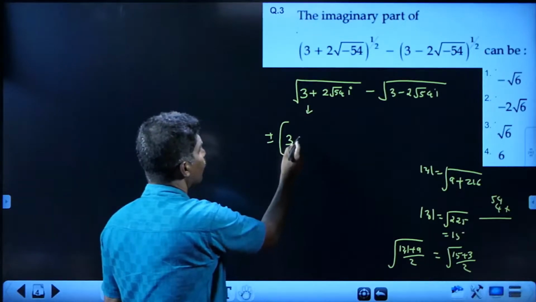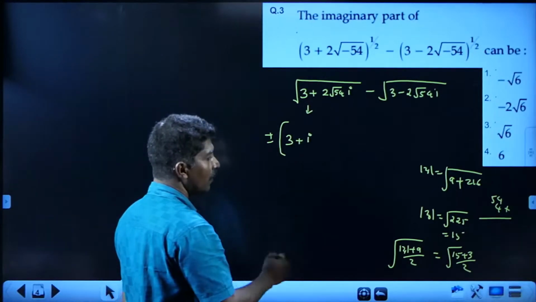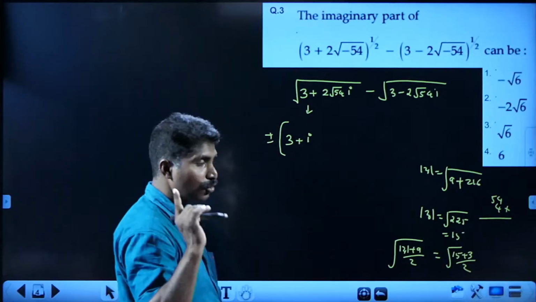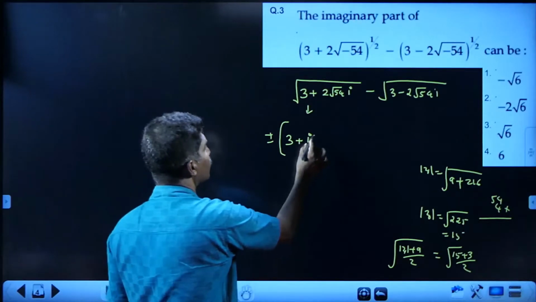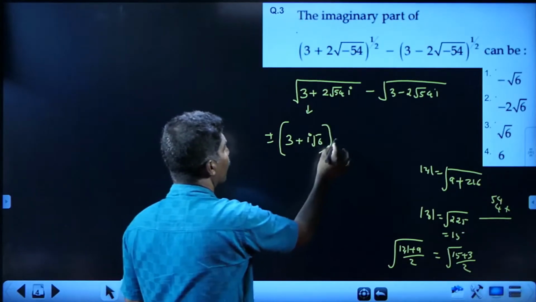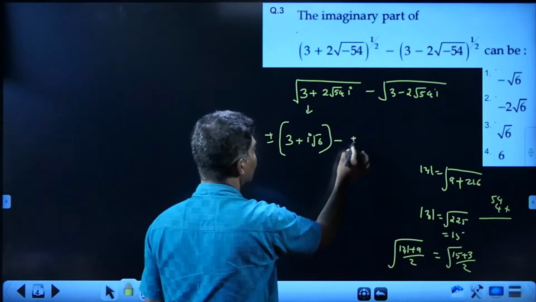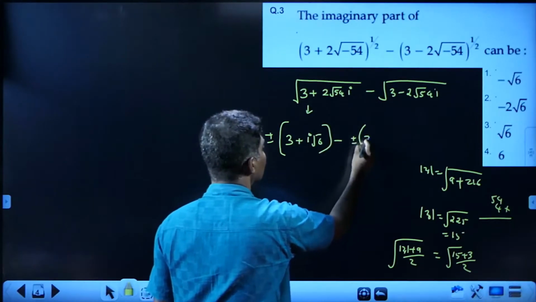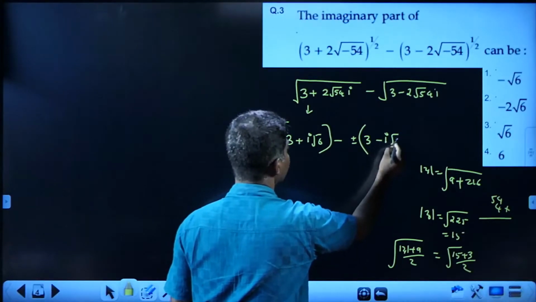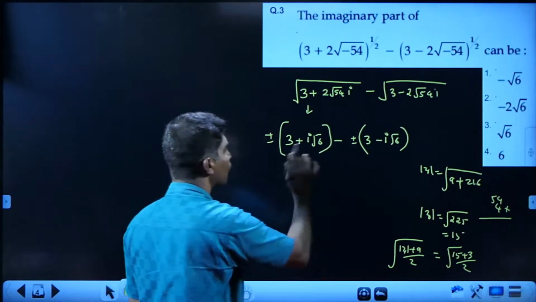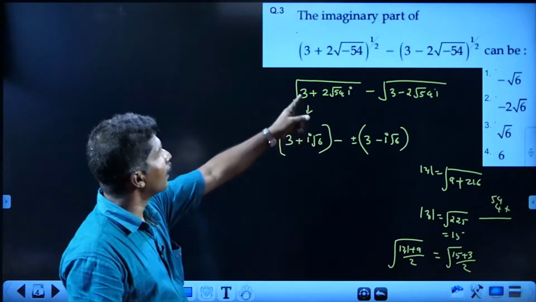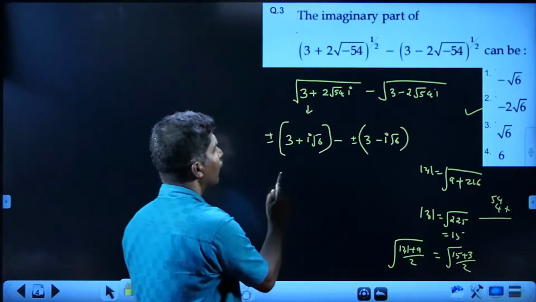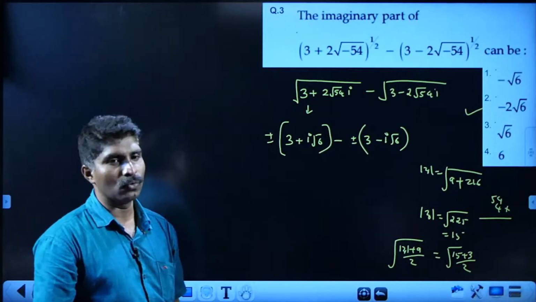So 3 plus i into, again it becomes minus 15 minus 3, 15 minus 3 is 12, 12 by 2 is 6, you will write root 6, plus or minus of, its negative will be there, its conjugate will be there, 3 minus i root 6, and there will be different cases. Among these different cases, the given answer, only this answer will be satisfying. So the answer will be negative 2 root 6.